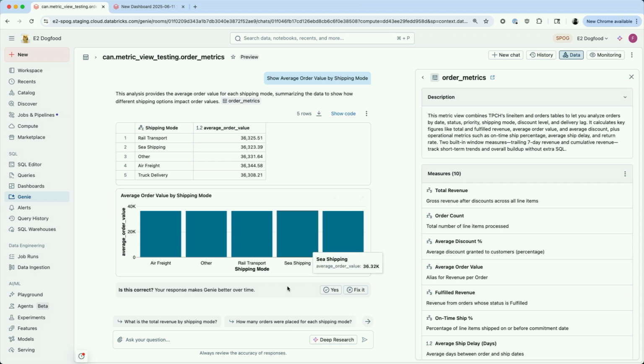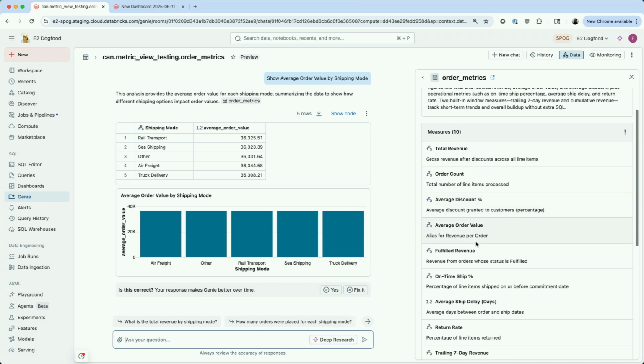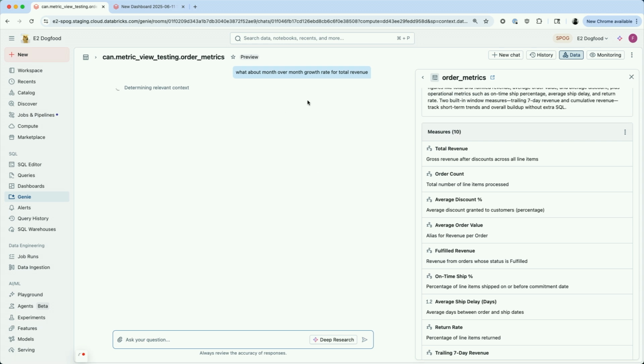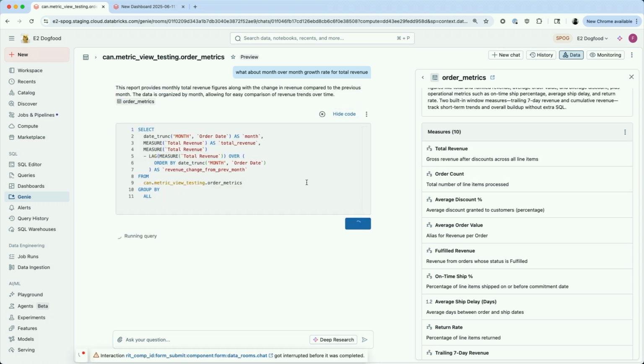If you wanted to ask something like, for example, I don't have a month-over-month growth rate for my revenue, right? If I wanted to say, what about month-over-month growth rate for total revenue, what it's going to do is try to see if there's a measure that actually matches that directly. It's going to realize there isn't one. And now what's it going to do? It's going to take our existing total revenue measure and then do a window on it itself